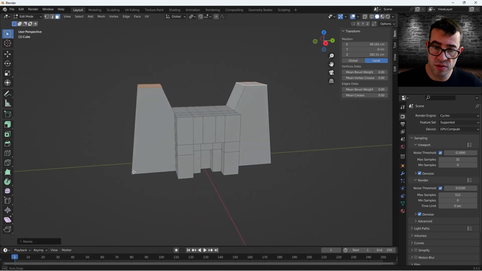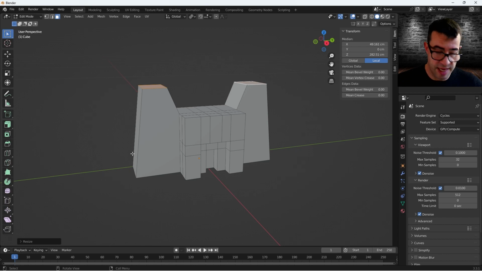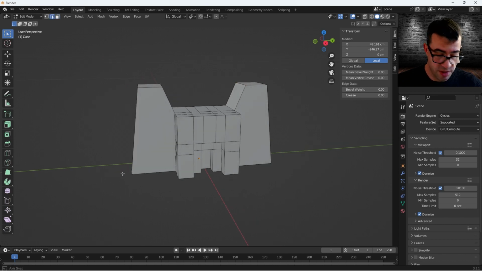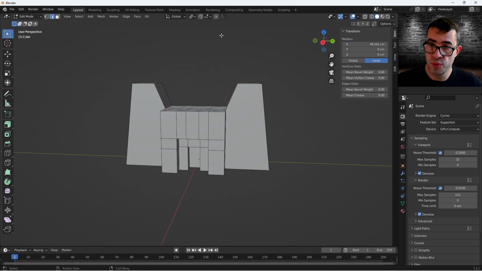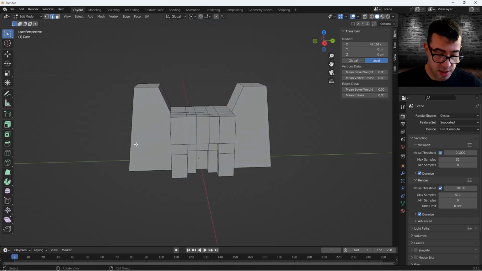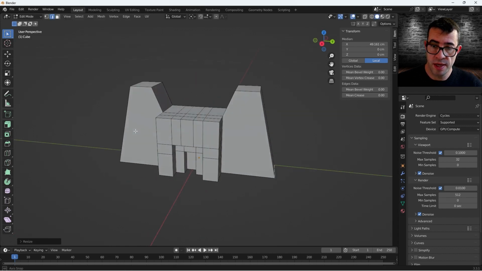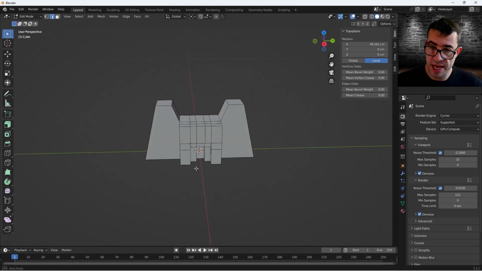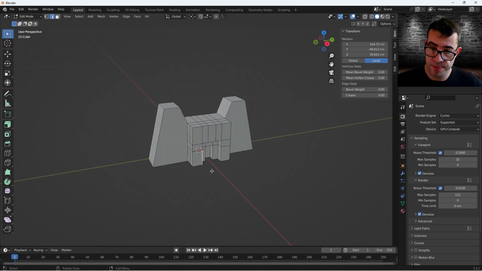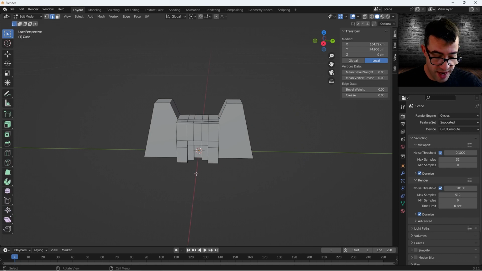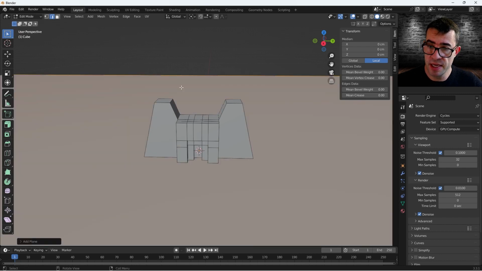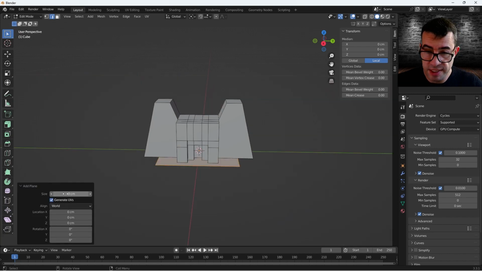Finally, it's not very regular, so I select these two edges, 1 and 2, and move them apart, like that. And we add a pathway, sort of a square, Shift A plane, let's make it 10, and